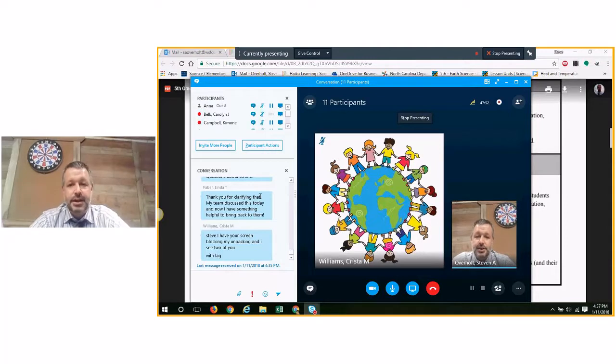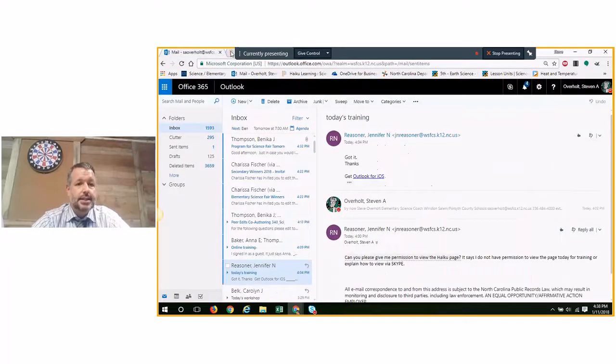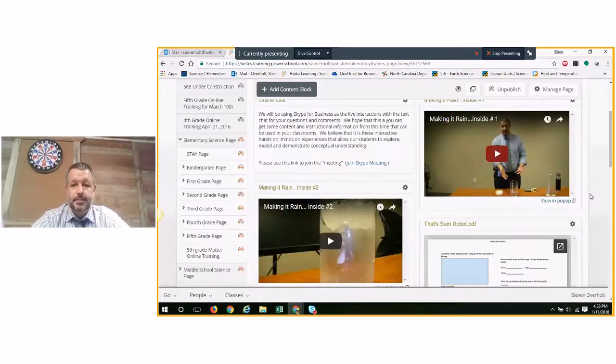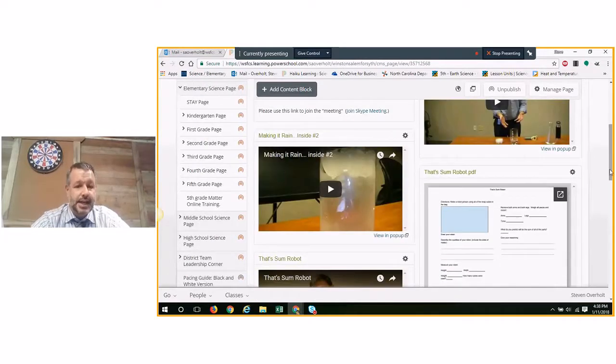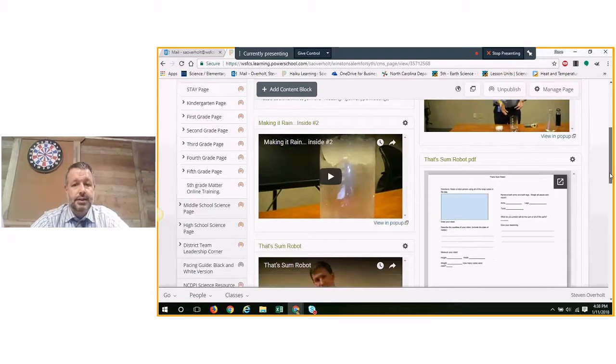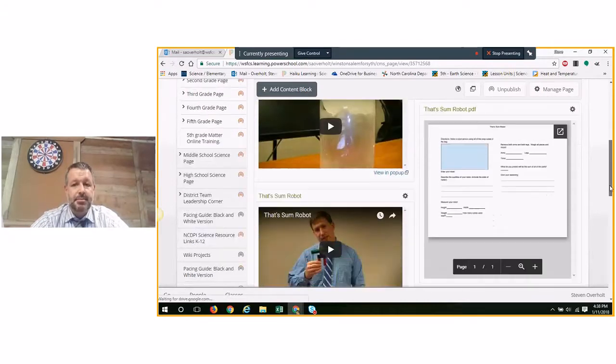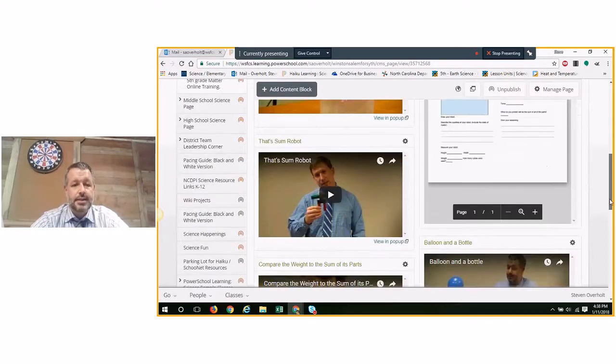So yeah, let's go into the next one. Next video we're going to look at is going to be that Sum Robot. There is a worksheet or a lab sheet that you can have to go with it. If you look at the page, it has an example of that. And this sheet is on the resources page in Haiku. So we've got the recording sheet that you have an example for on here, as well as the video of